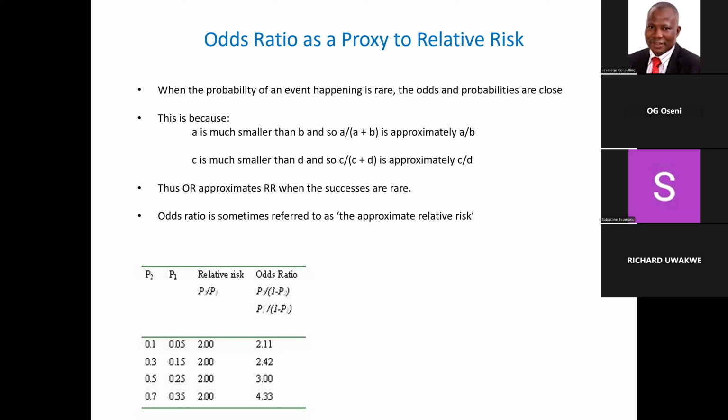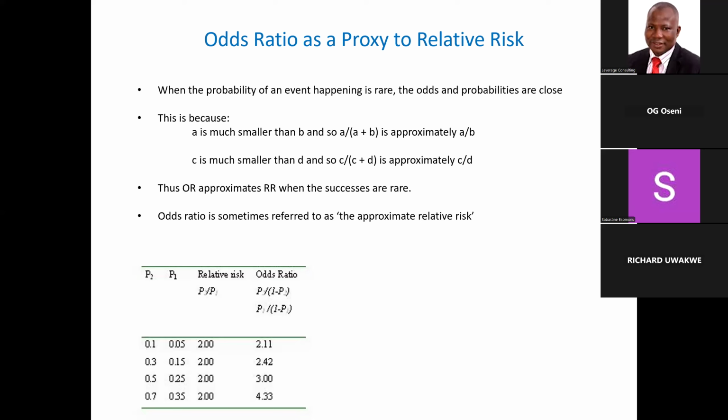So it gives you the relative risk constant: 2, 2, 2, 2, 2. But look at the odds ratio. As the burden of the disease increases from 0.1 in population 2 to 0.3 to 0.5, you know the burden of the disease is increasing now from 10%, 30%, 50%, 70%, whereas in the control population, 5%, 15%, 25%, 35%. It's increasing also. So as the burden of the disease increases, even though the relative risk is still the same,